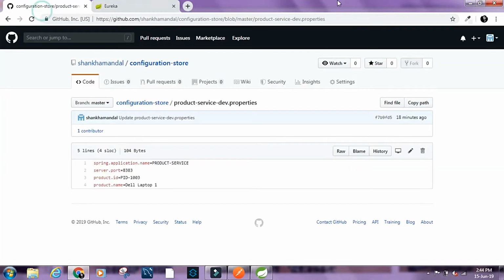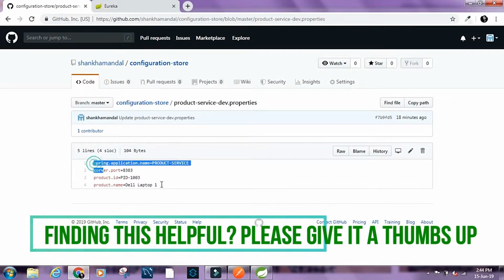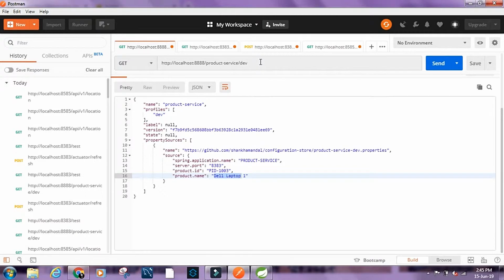So these are the property values that we have in our GitHub repository for product service application. And these are the various endpoints that are exposed when we use distributed configuration. So this is the name of the service that we are using, and this is the profile. So if we send